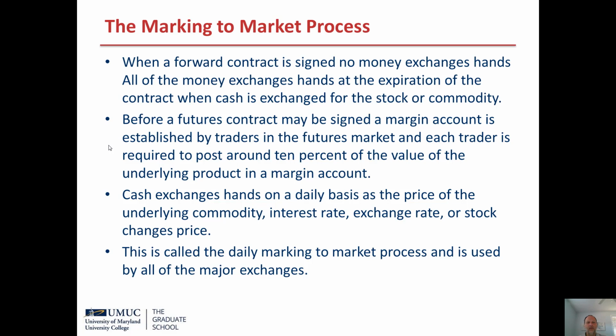So if you buy a long or a short future at the Chicago Board of Trade, you have to put up money for a margin account, and then each day as the price goes up or down, money will be either removed from your account or placed into your account. This lowers the risk significantly of delivery. No one basically has ever lost money to default on a futures contract at the Chicago Board of Trade.